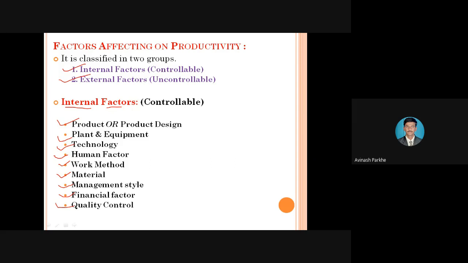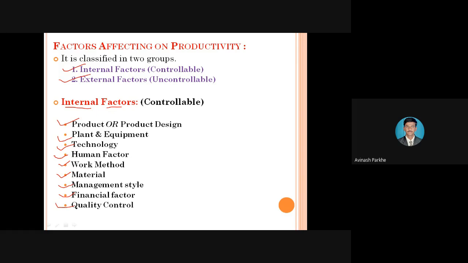Because a single product can be manufactured by using a number of processes. For example, if 10 manufacturing processes are there, by using any of these 10 manufacturing processes we can manufacture the same product. But out of those 10 processes, which process is feasible, due to which we can achieve the maximum quality? So I have to use that particular process only, through which the quality of the product can be maintained.